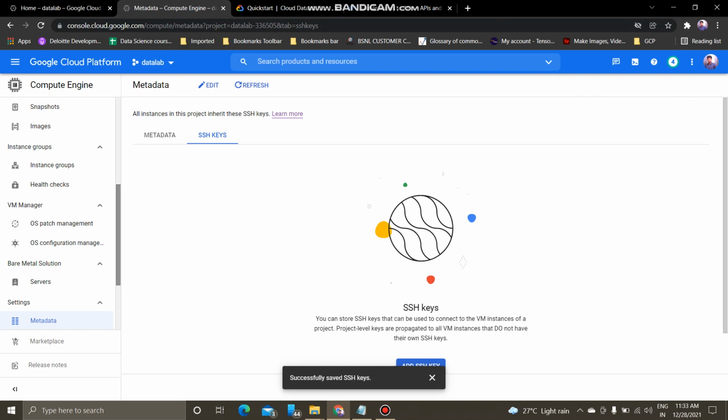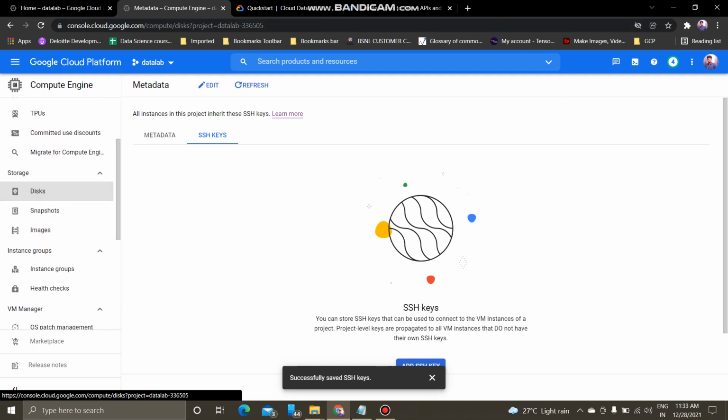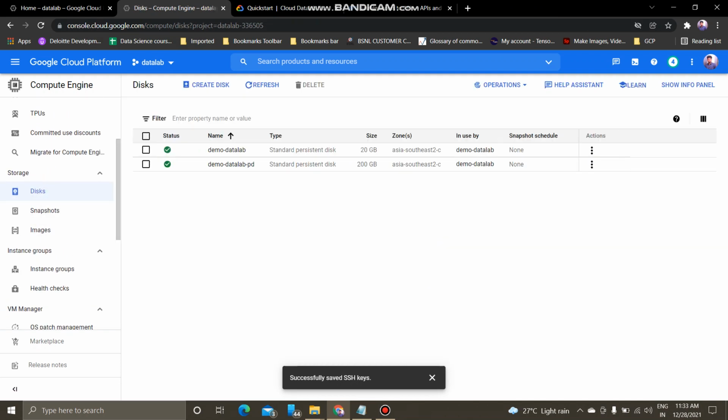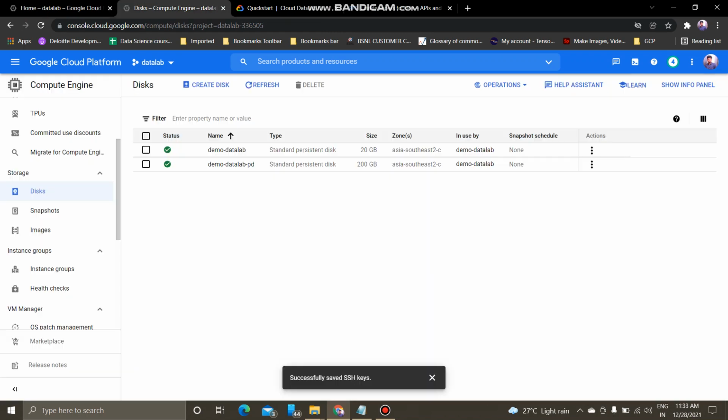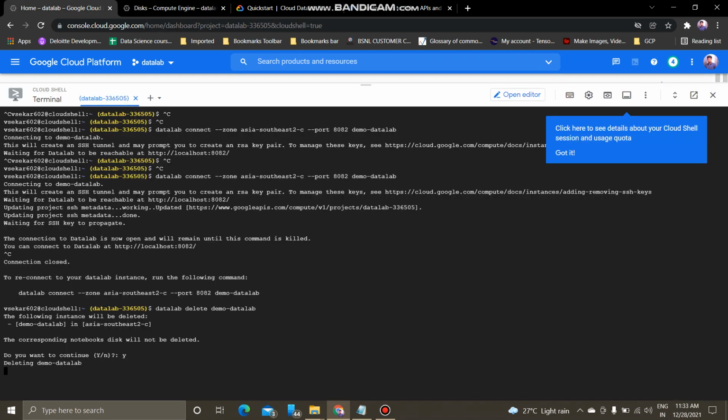Go to Compute Engine, select Disks, refresh the page once, and you can see it is in the process of deleting, and now you should click yes. Now it has started to delete. Once this is deleted, make sure you delete it manually inside Compute Engine, or else you can delete using the command itself. I'll add those commands to the description box.